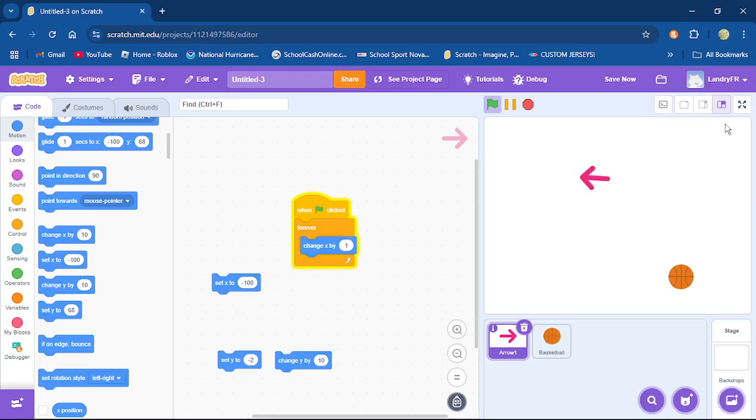So my arrow is going to forever start going to the right. Forever. And it will not stop unless you stop this. When you stop that, it'll stop it from happening. So that's the difference. You're taking the number and you're just constantly changing it by whatever number you put here. And with this one, you're constantly just setting it to the specific location and it'll always go there.